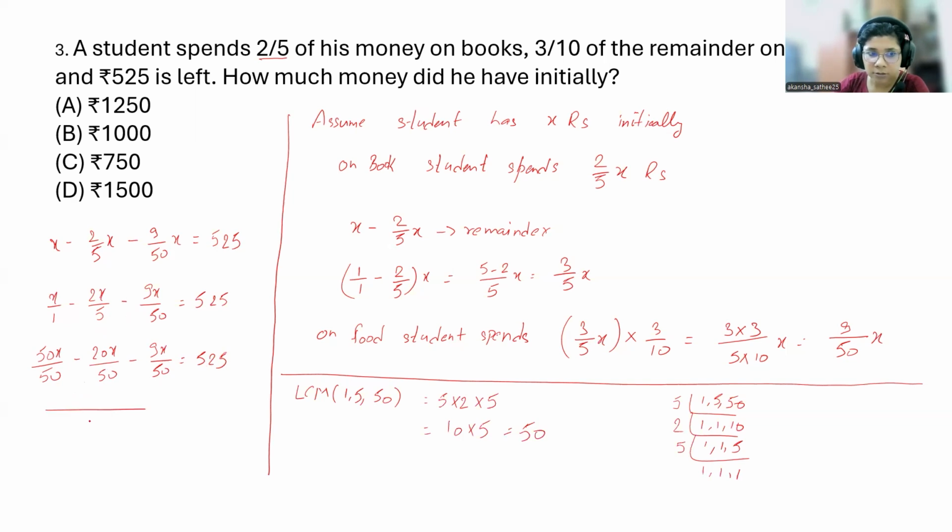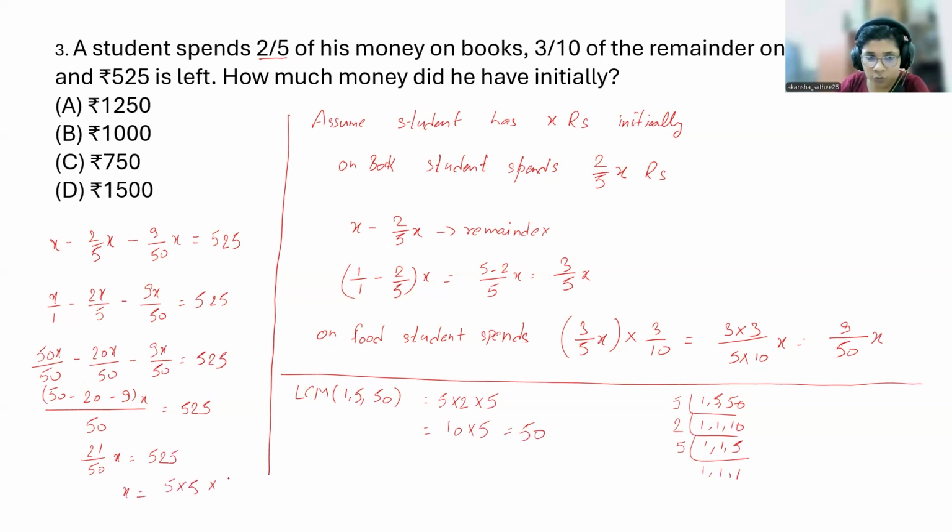Now solve it. So 50 is common. 50 minus 20 minus 9, outside you have x is equal to 525. So 50 minus 20 is 30. 30 minus 9 is 21. So you will have 21 upon 50 x is equal to 525. So x is equal to